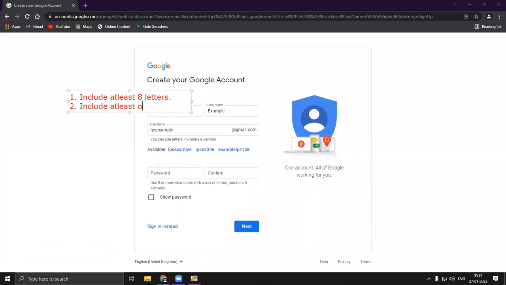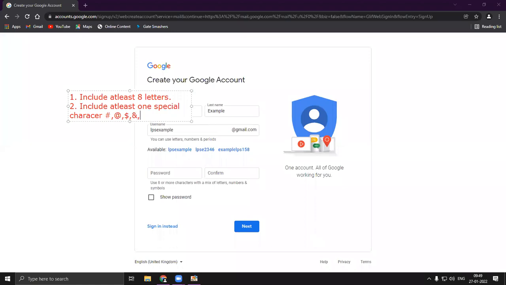Now you will ask me, sir, what is a special character? Special characters are the dollar sign, at the rate, hash sign, ampersand and star. So include at least one special character, such as, here I'm giving you the example, such as hash, at the rate, dollar, right? Ampersand.